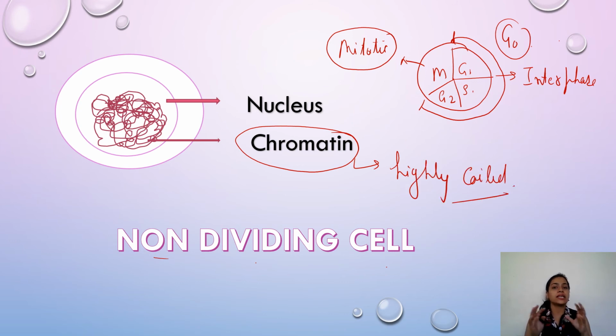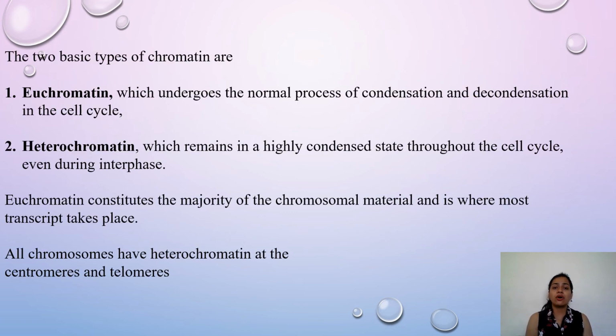Okay, right now the cell is not dividing, or we can say it is just preparing for the division. During that time, the DNA remains in the chromatin form. Now, when we talk about the chromatin inside a cell, we get two types of